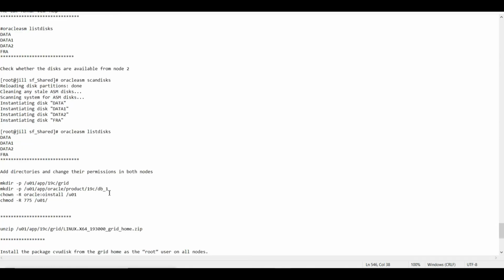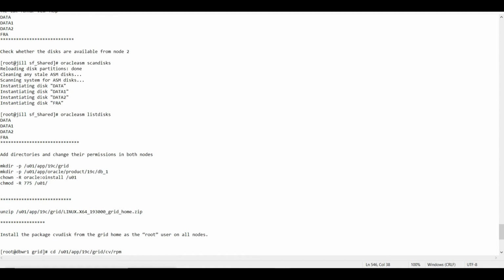Now I need to make these directories in both my servers, and in here I'll be using this directory for my grid home, this one for my Oracle home, and the owner will be Oracle install for this, and the permission will be 775.